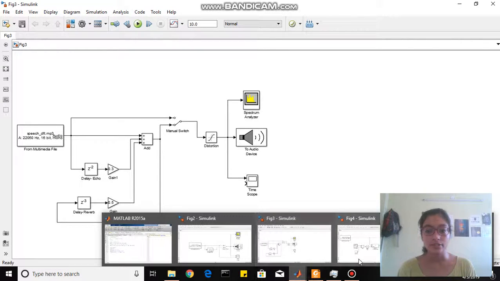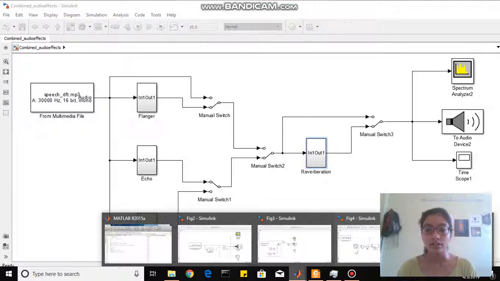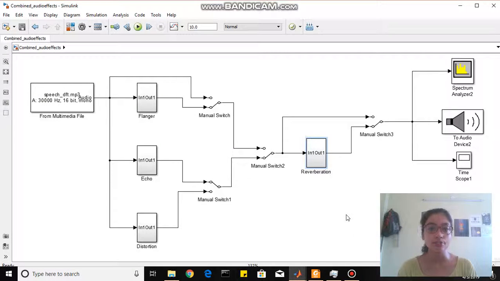Next I'll show you an advanced audio effect. This is flanger effect wherein I pass my multimedia file in a delay section where the delay is provided by the addition of a sine wave and a constant multiplied with some gain. Then I add the output of that delayed sine wave to my original signal and then I pass it to my output devices. So I have created a combined setup of these audio effects and I would like to show you how